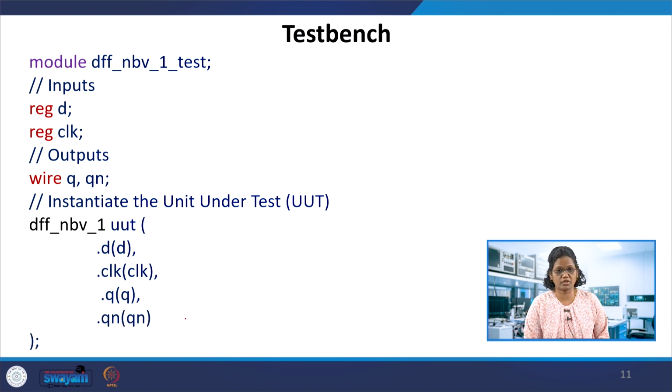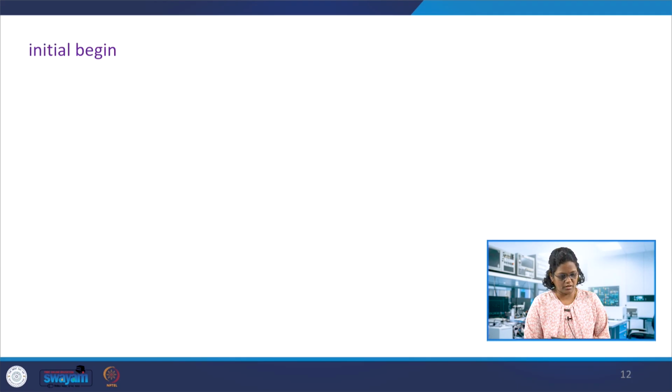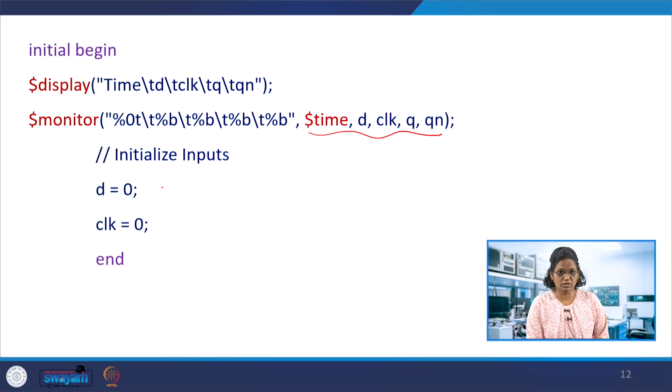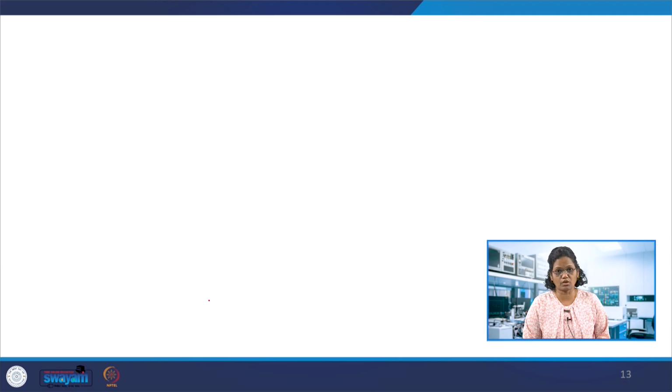This is the instantiation, the initial portion of this test bench. Then come the displays, as in any other example: D, clock, and Qn. Initialize these; it is very important to have this initialization. We always need a clock for this, so generate a clock in the test bench with a delay of 100, clock equal to not clock.